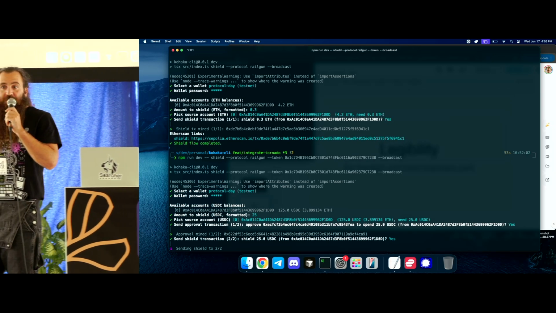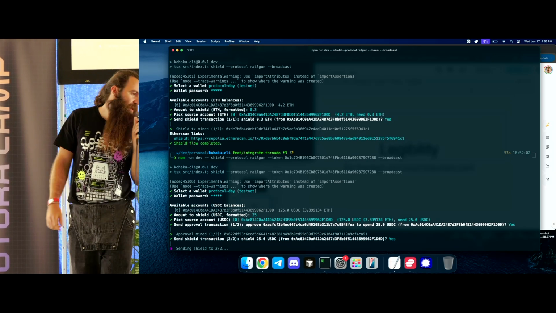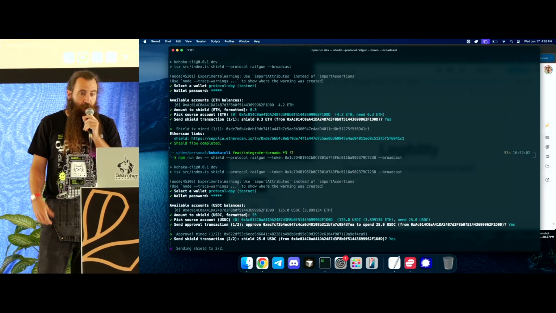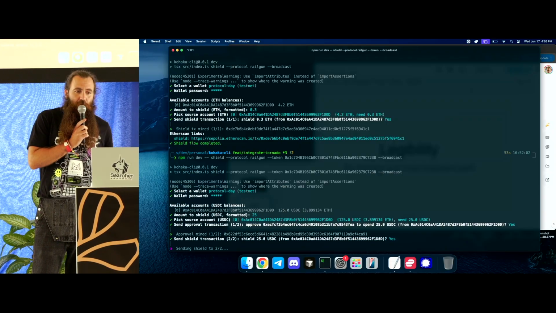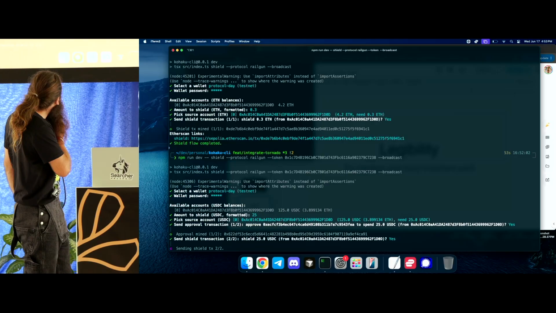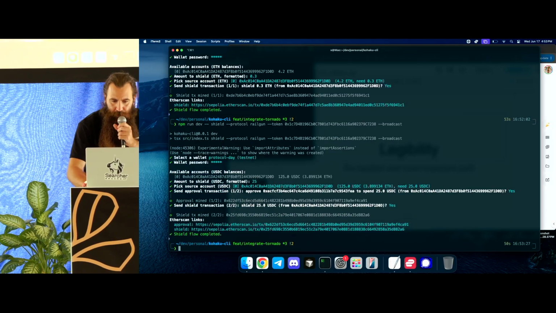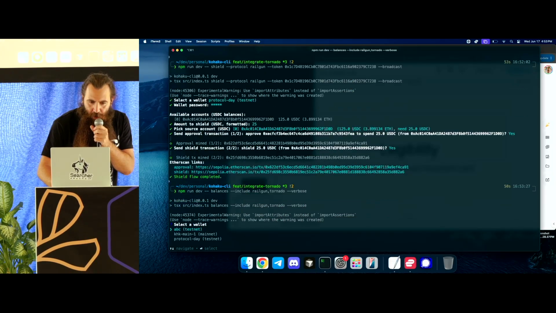Check out our balances, and we'll see, well, you'll see in a second, but we'll have some funds in Railgun, and we'll have some funds outside of it in an address. Okay, here we go. Allow the chain to process this transaction. Awesome. So now, let's see what we've done so far. Check out our